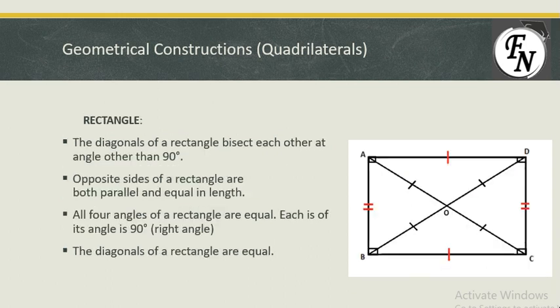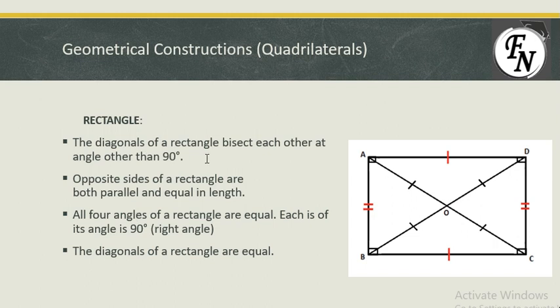When I talk about rectangles, there's a bit of a difference: all four sides are not the same. The opposite sides are equal. These two are equal and parallel, and these two are equal and parallel, and they make 90 degrees as the square was making. But the diagonals do not make 90 degrees in the middle. So these are the properties.